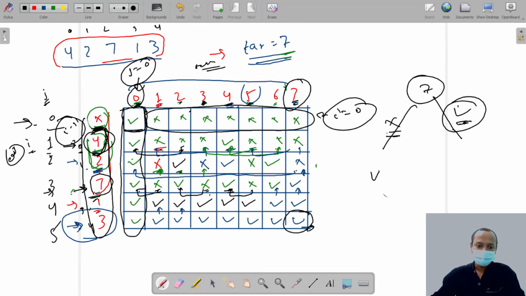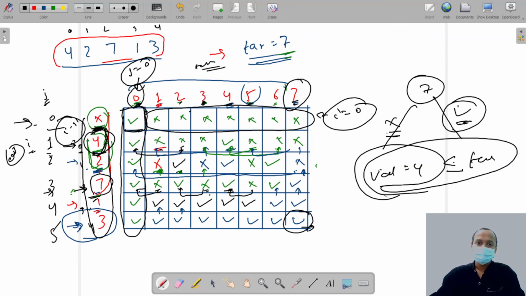Let's suppose the value of the player is 4, so the value of the player is less than or equal to the target, then we can select the player. So we are only able to choose the player when the target is equal to or greater than the value of the player. We can't choose in this range, right?